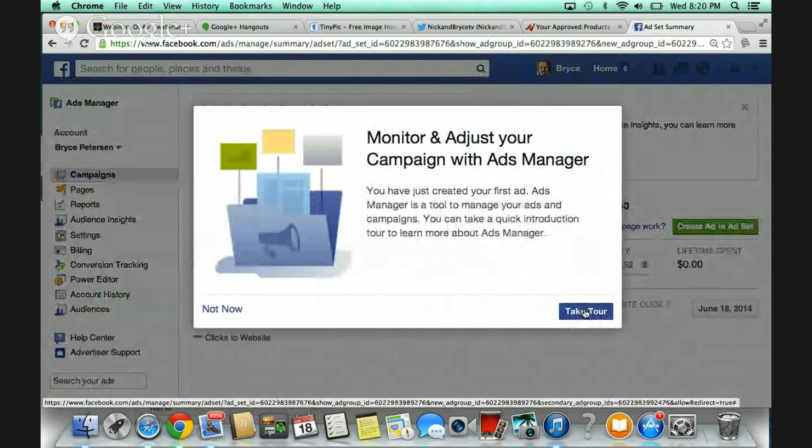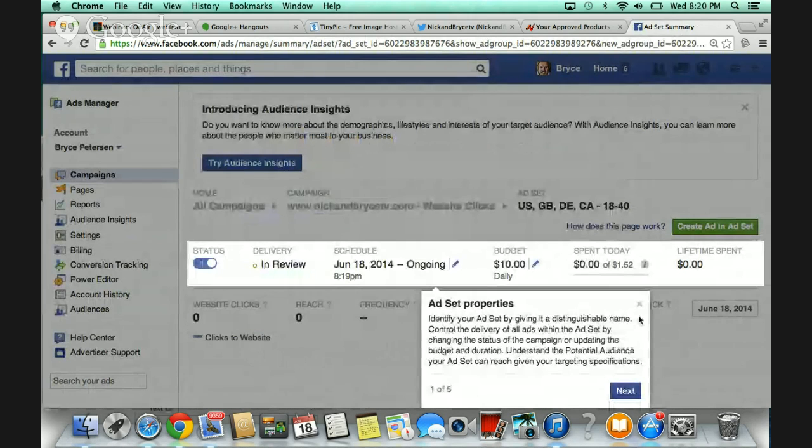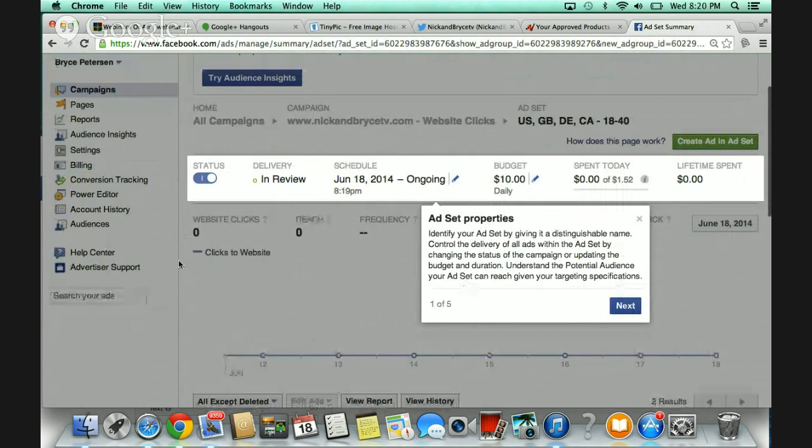Take a tour. I tell you what, we'll just go straight through it. This is what it looks like inside. This is the daily budget. Now I'm not going to let this run through, but this is great for you guys to see. This is the next one, and what you need to do is put a credit card in. You have to have something in there, or like I said, Facebook does offer that option. When I first started out, they gave me $50 to actually use, so you get a sample run.